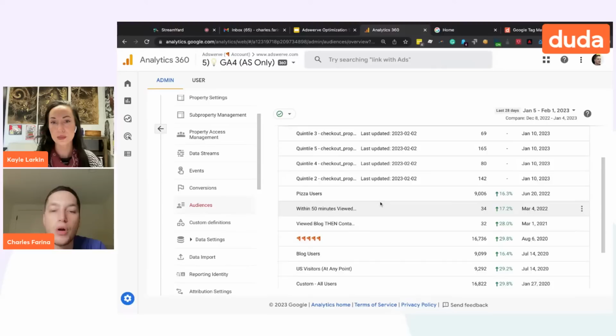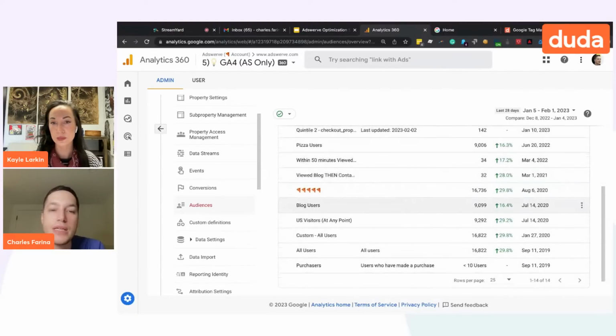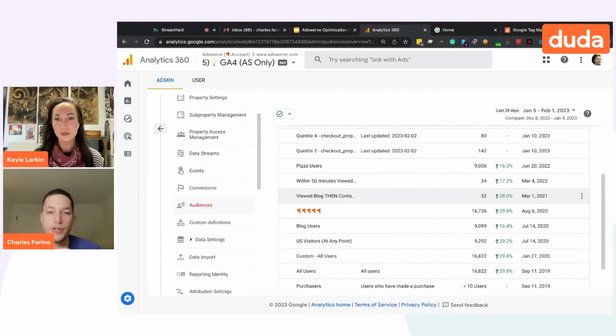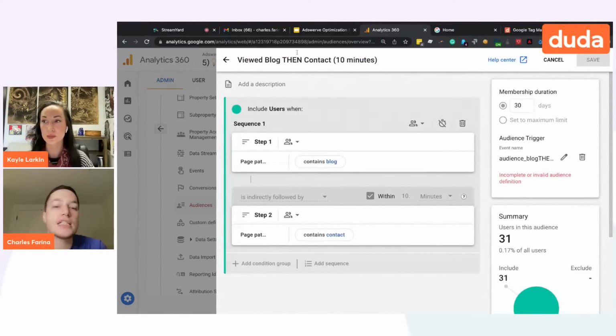And in GA4, one thing that's kind of cool is that any audience can actually be a conversion. So let's say you had a thank you page you wanted as a conversion, or let's say you had a store and you wanted a conversion for people that maybe purchased $50 or more of product. You can actually create any of those as conversions. So in the audience builder in GA4, there's a brand new feature that the old version of Google Analytics didn't have called audience triggers. And this is one of my favorite features.